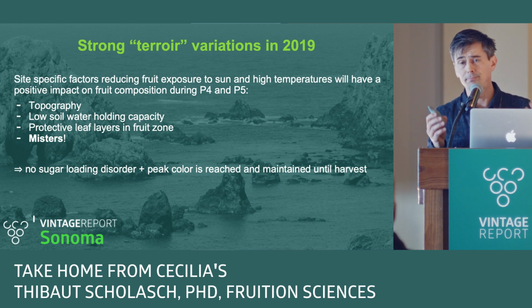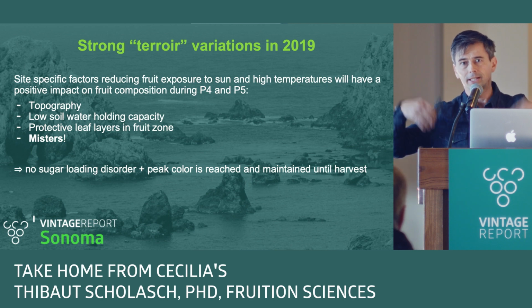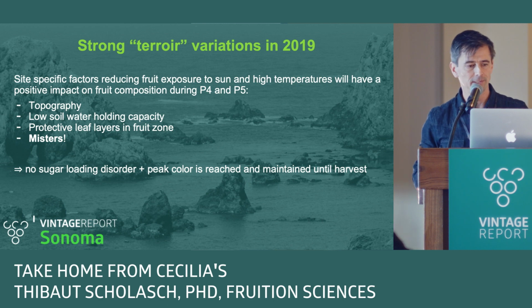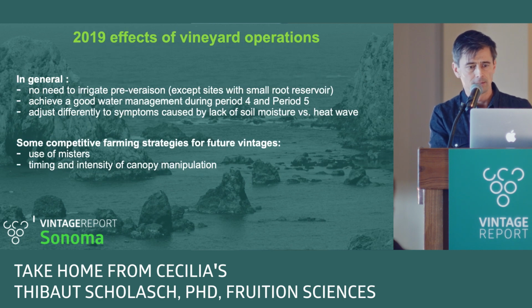And then for those that have misters, you've been able to combat the detrimental impact of those 5 heat waves reaching very high values by essentially muting them with misters. Those terroir-specific features may be responsible for an absence of sugar loading disorders, hence the role of these 60% of good blocks that Cecilia highlighted. And on those blocks, we should expect to see peak color with a good pigmentation of anthocyanin with tannins. And the last slide,